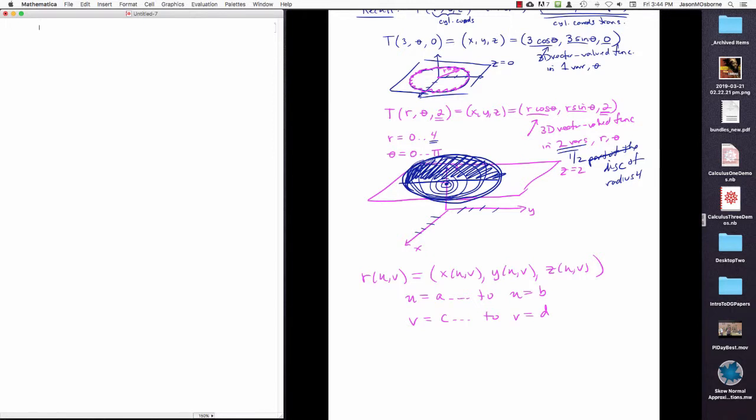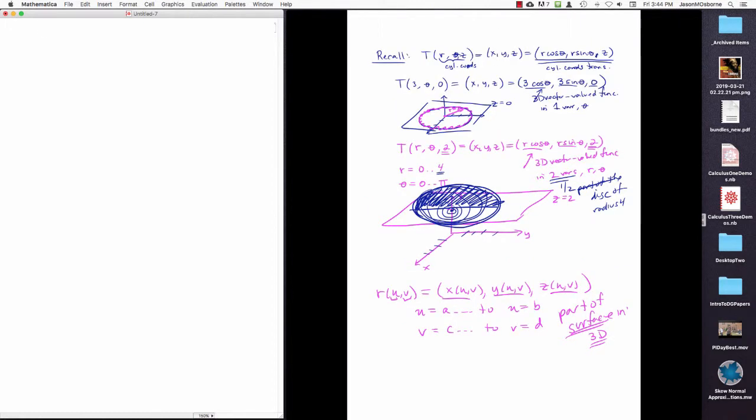Right? This will be some sort of part of a surface in 1, 2, 3 dimensions. And you know it's a surface because there are 2 parameters. So it's in 3D because of the 3 entries, and it's a surface because there are 2 parameters. Okay? And so, for example,